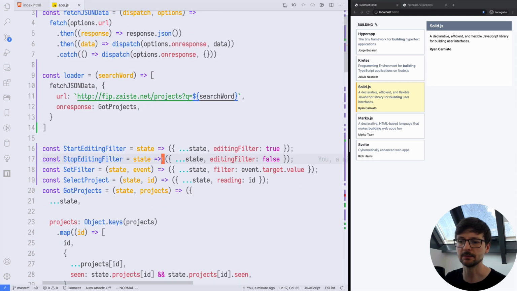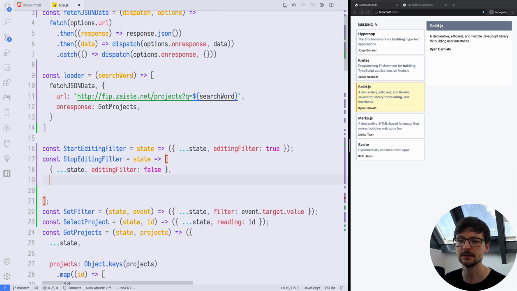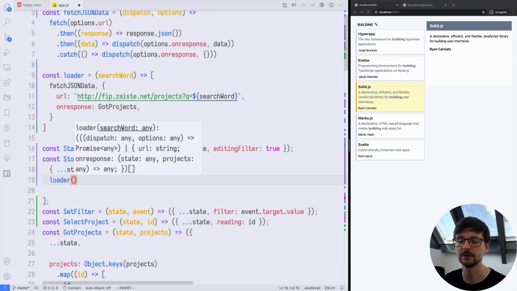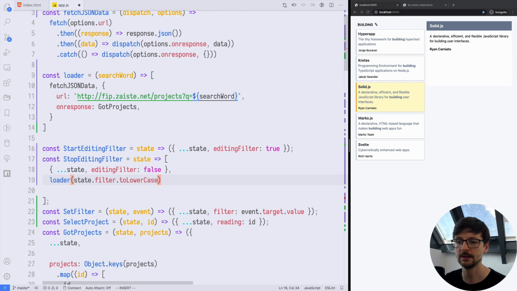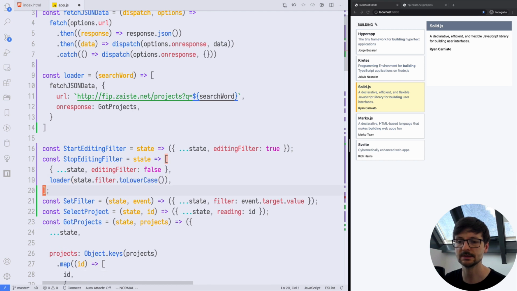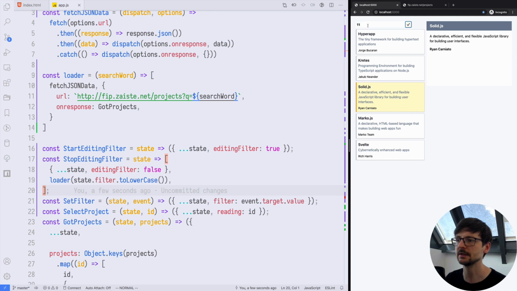It's the same here: instead of returning a hash, we will be returning an array. The first element is the actual action, and the second element is the loader, the effect. We will get the filter from the state. So now if I refresh, and I say, for example, building, and I press enter, the list is shorter. So let's say Kretes,